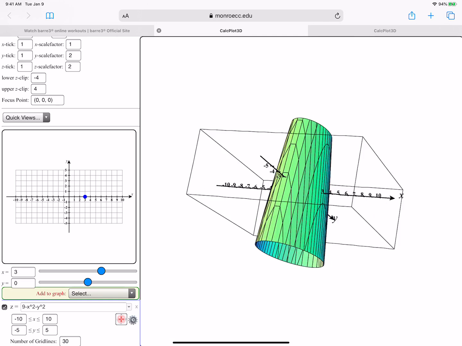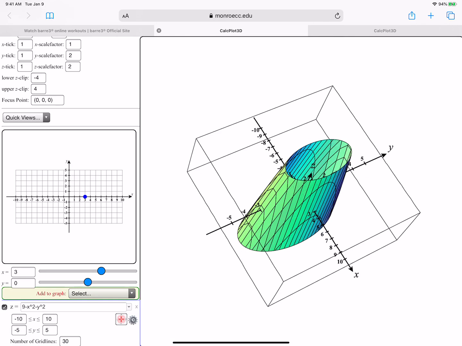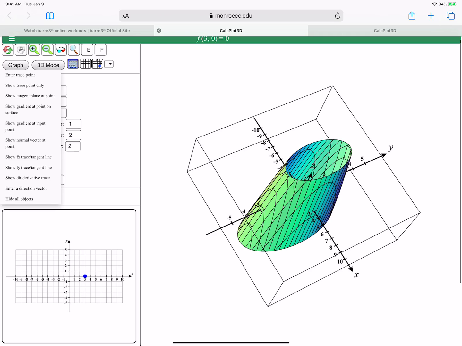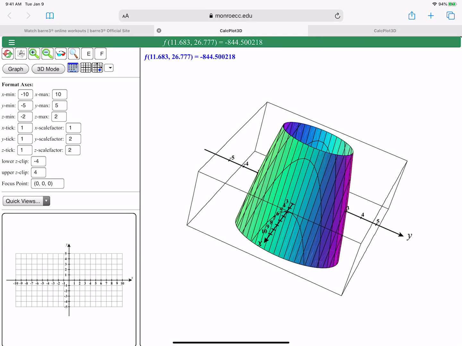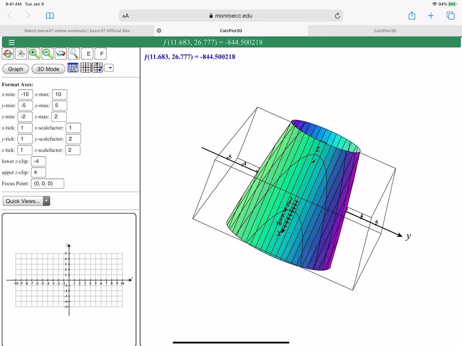Okay, so I just want to put that trace point on there. I wanted to show the trace point, but it's not going to show it on there. All right. Well, our point is right here on the x-axis, and it's telling us to go back towards